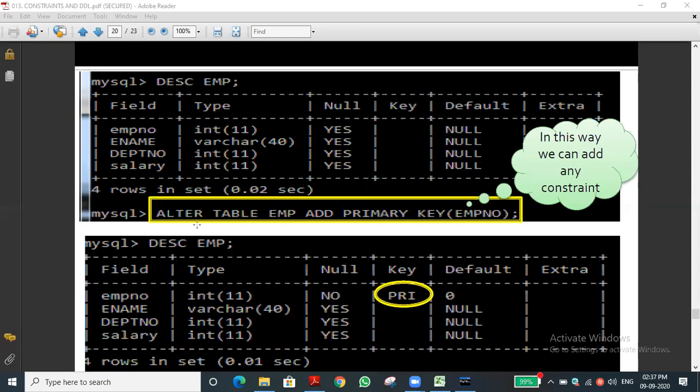Of course, here we are seeing how to add a constraint after the table has been created. You can see alter. This is the syntax: alter table name, add constraint name, primary key of field name, with the field in brackets. So that is how to add the primary key. Likewise, we can add other constraints also, but it depends on the values. Suppose we are giving a check constraint. If the table has already been created and we have entered the data, some problem will come. If we want to give a default value, some problem may arise, we don't know. Based on the data and the table, it depends. So that's why it is always recommended to create it beforehand.